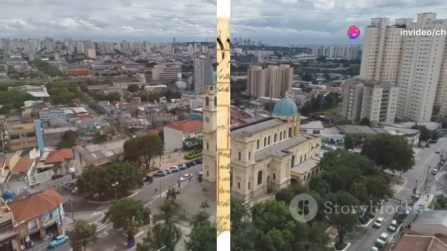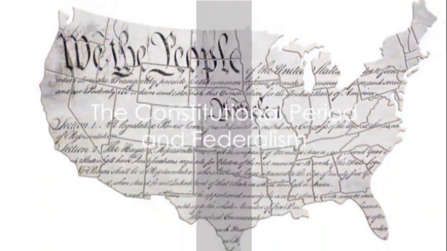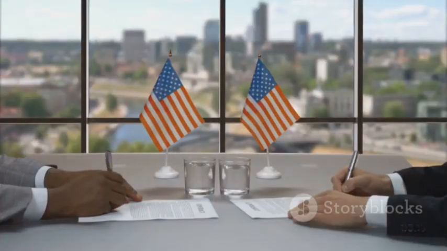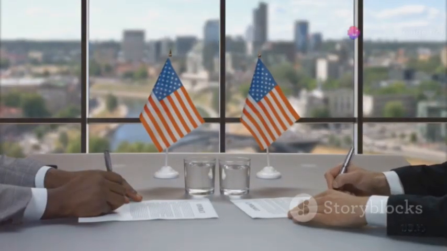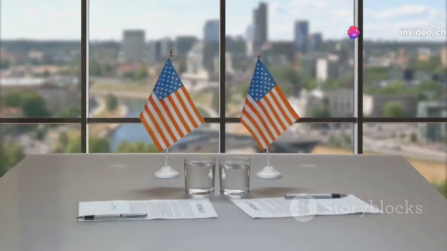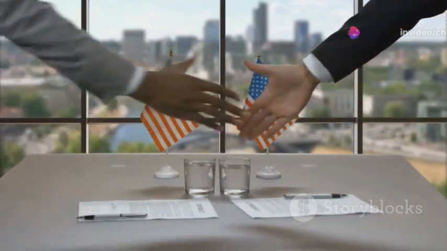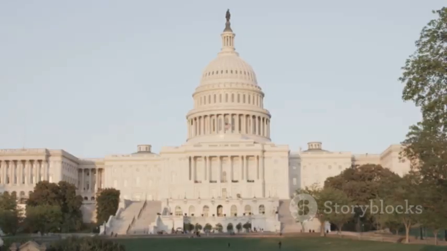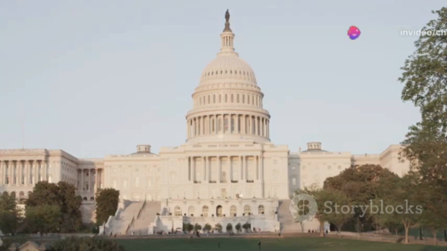central and local governance. Next, we transition into the constitutional period beginning in 1789. This period, which extends to the present day, was marked by the adoption of the US Constitution, a robust document that established a stronger federal government. The Constitution introduced the concept of federalism, a system where power is divided between the national government and state governments, creating a delicate equilibrium that continues to shape American politics and society.